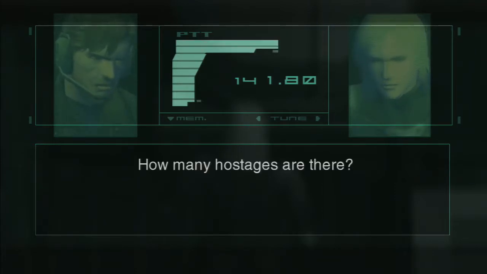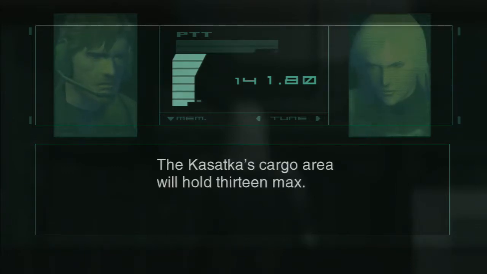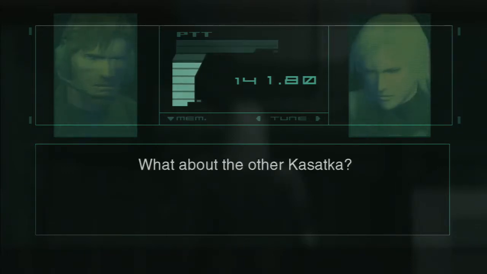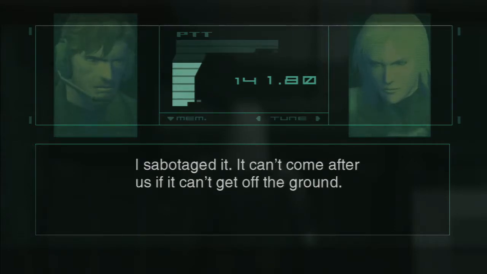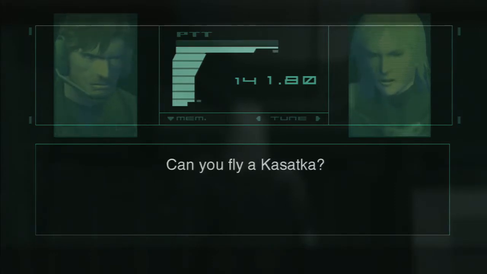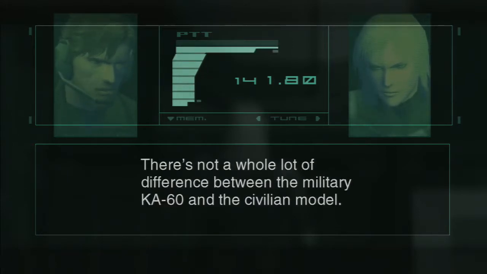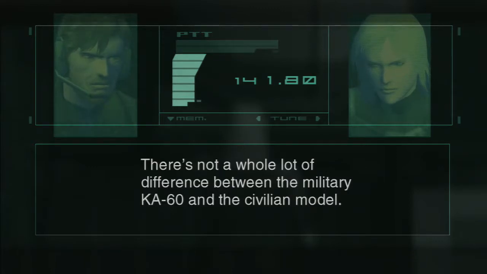How many hostages are there? There's a few short of 30. One dead and several wounded. The Kasatka's cargo area will hold 13 max. What about the other Kasatka? I sabotaged it. It can't come after us if it can't get off the ground. Yeah. We'll have to make 2 trips. That's right. Can you fly a Kasatka? I have a pilot who's flown the civilian model, the KA-62 in VR. There's not a whole lot of difference between the military KA-60 and the civilian model. Yeah. Cleared for